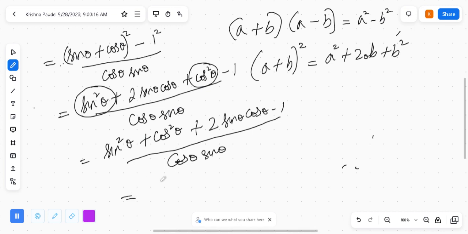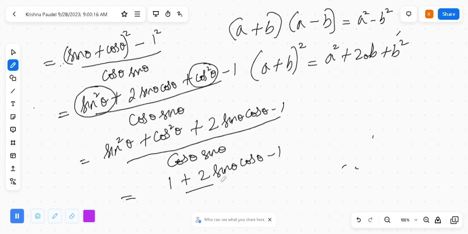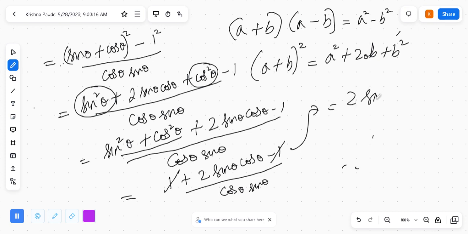And finally we get 1 plus 2 sine theta cos theta minus 1. So we should know that sine square theta plus cos square theta is 1. And this 1 and minus 1 get cancelled. So we are finally left with 2 sine theta cos theta divided by